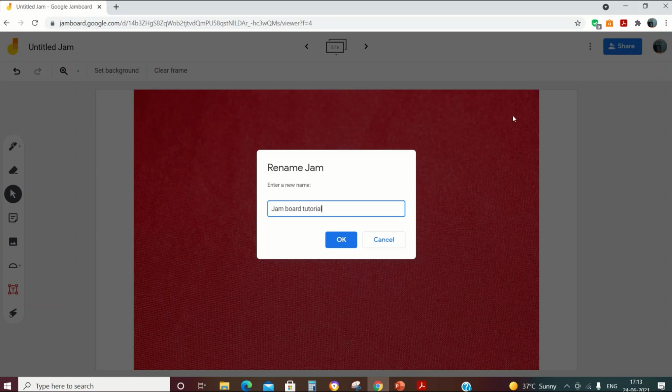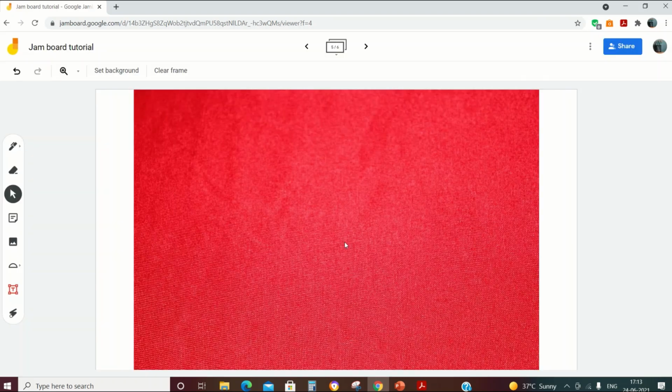So I have taken the lesson, and suppose the students have not taken down the complete notes, they were just listening, or maybe we were solving a lot of questions, so they want to revise it. So they need the notes. How can they get the notes?